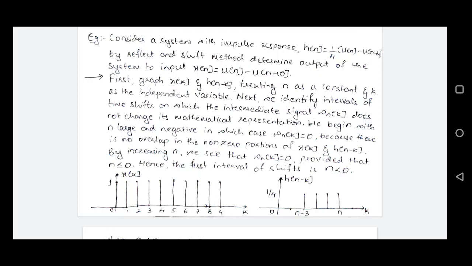Now we can verify these index values for any value of n. Just consider a value of n. For example, say the first sample's n value is 4. If the first sample is at 4, the one sample previous to it will be at n minus 1, 4 minus 1, 3. The next sample will be 2 samples behind it, n minus 2, 4 minus 2, 2. And the last sample will be at n minus 3, 4 minus 3, 1.